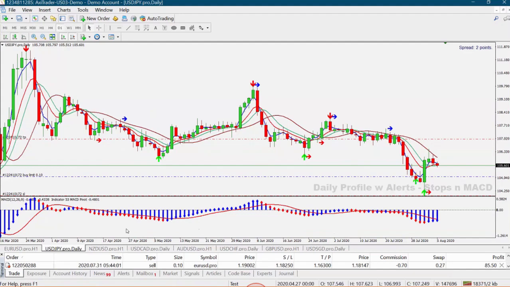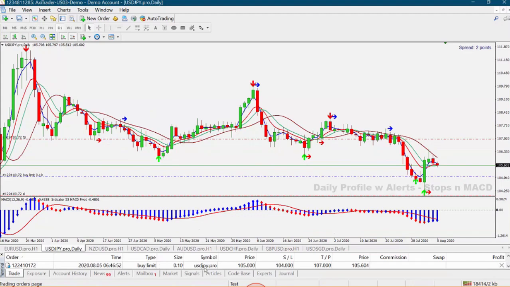Let's see. Well, it's not showing. Let me see if it's back down here. Here it is. Here's our limit order. Okay, here's the limit order. Okay, buy limit,